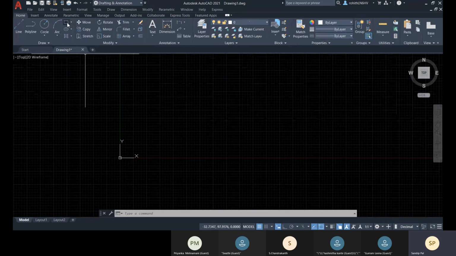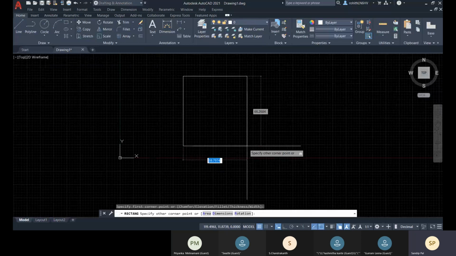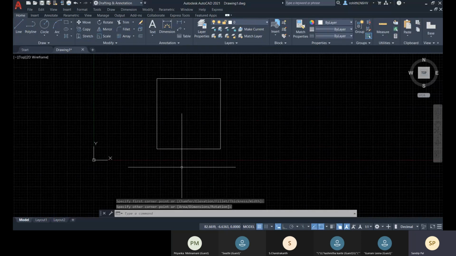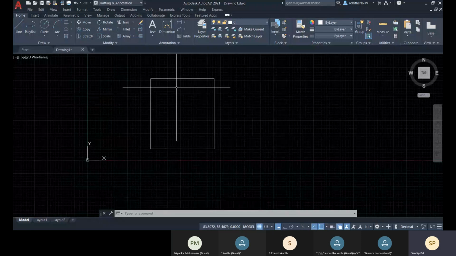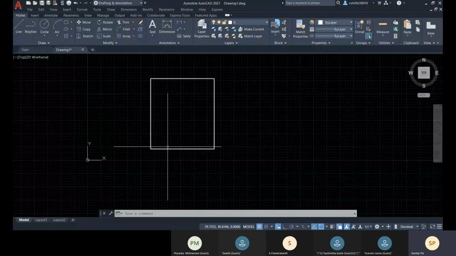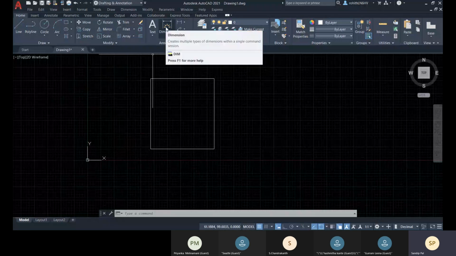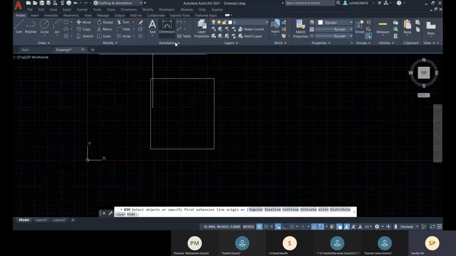Now, suppose you have a rectangle, and you want to show its length and width. You can go for this option.